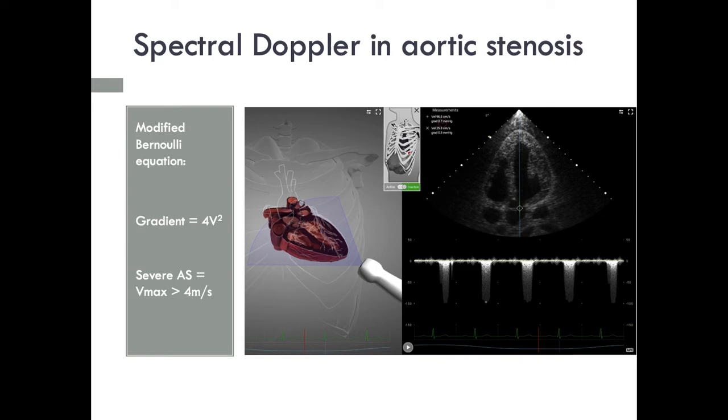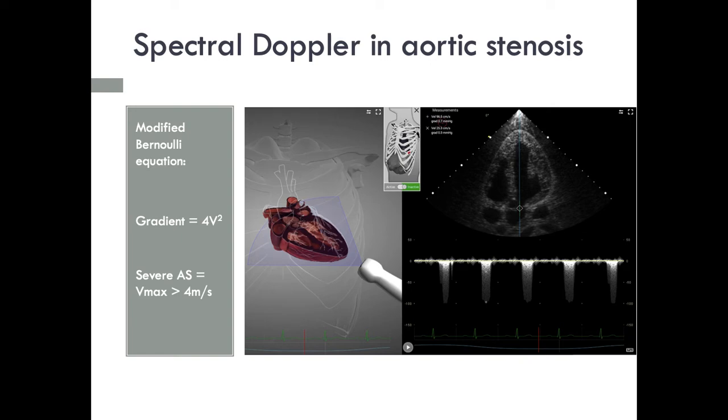We can also quantify the aortic stenosis using spectral Doppler. So if we have our probe down at the apex in either a 5 or a 3 chamber view, we can measure the velocity of flow across the aortic valve, and from that we can calculate the gradient. So we're using the modified Bernoulli equation, which normally is an extremely long, complicated equation, but for the purposes of echo, we say that we boil it all down to be that the gradient is equal to 4 times the